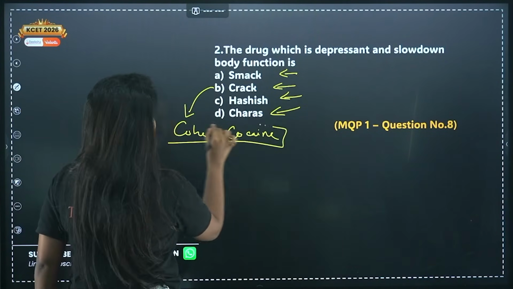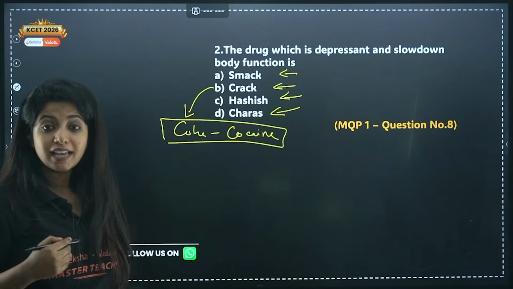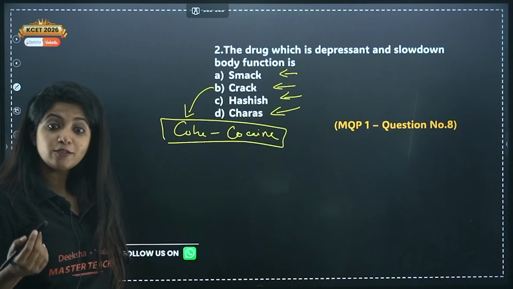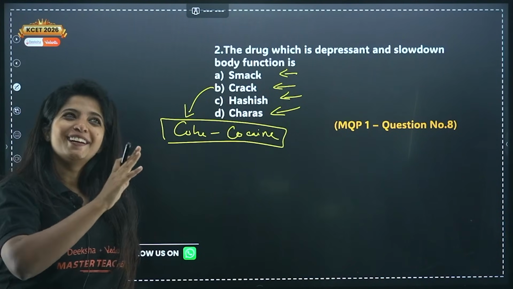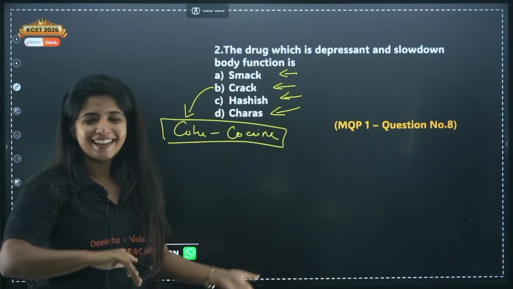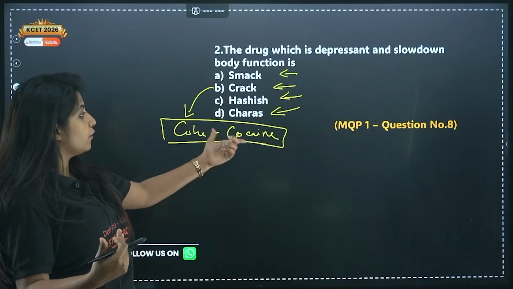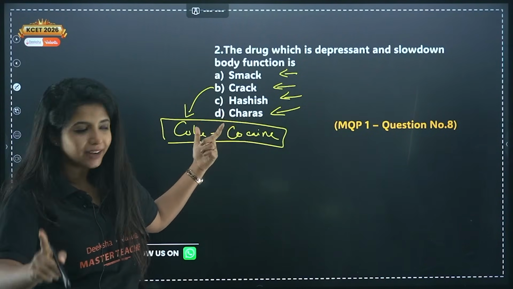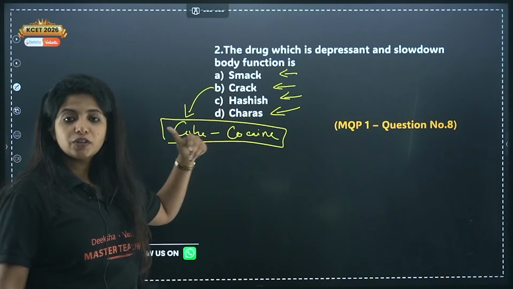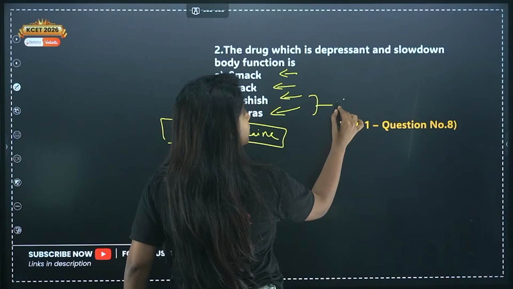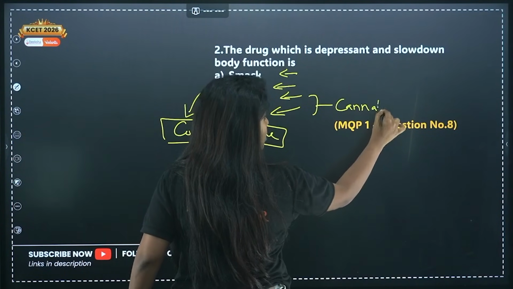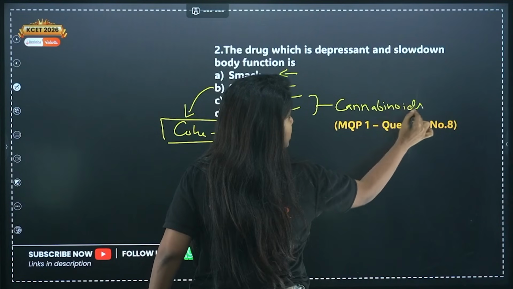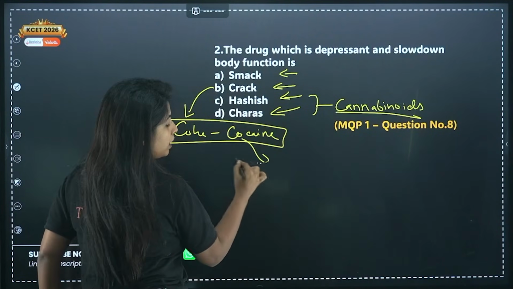And cocaine is not a depressant, it is something that causes hallucination. You feel a cow is flying, okay, and you are also flying. So that is the hallucination you get if there is someone who's taking cocaine, not you guys. You guys are not doing that, right? Don't do that. Now hashish and charas, my dear children, are different types of cannabinoids. That is a whole different type of drug. You call them cannabinoids.